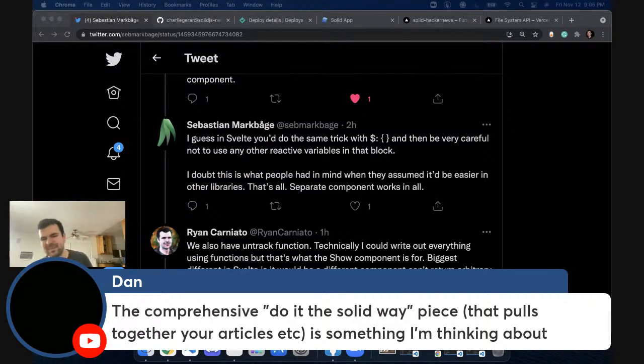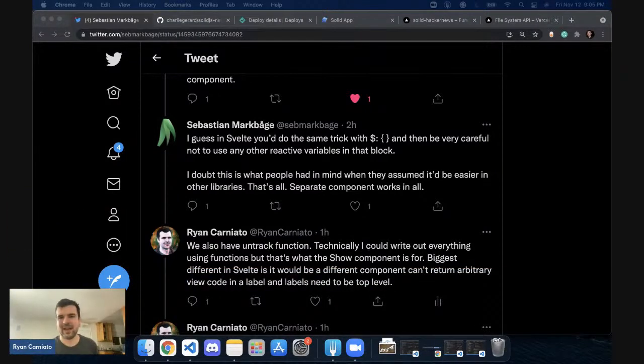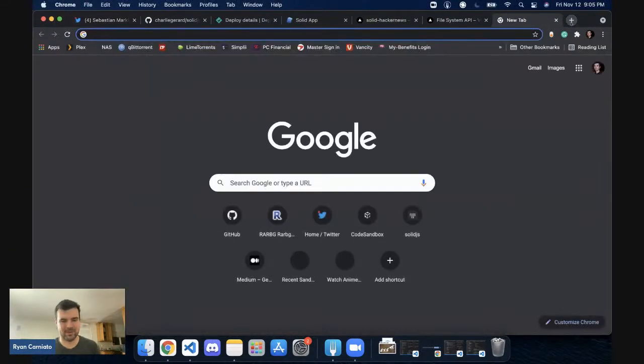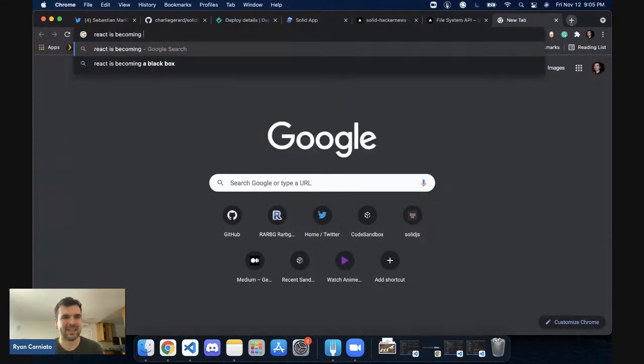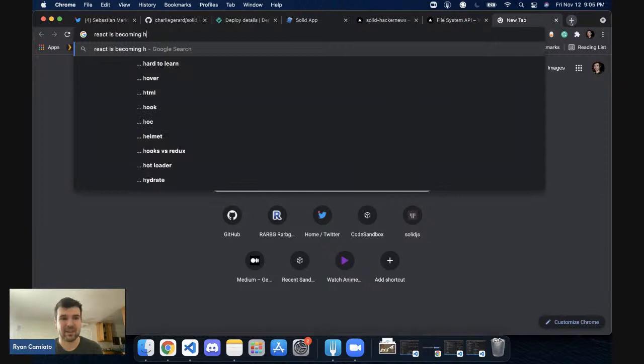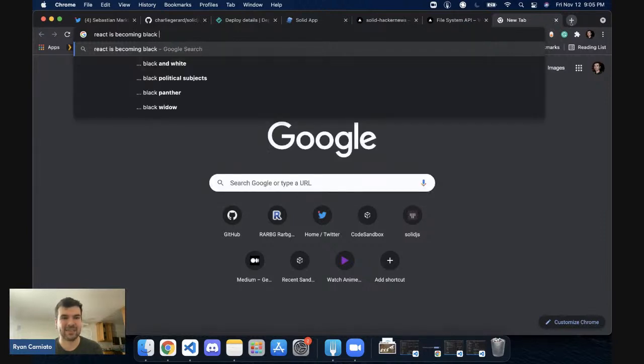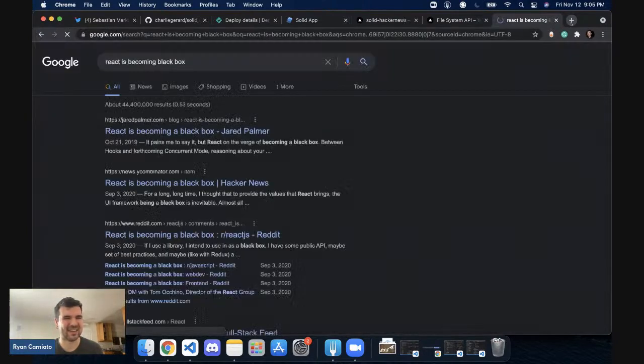Yeah, and I mean, that sounds kind of idiomatic and maybe forced, because people made fun of Seb a little bit, which is unfair. When have you ever seen React as becoming a black box? A lot of people level insults against hooks in that thread that I feel aren't fair, and I always defend it. But